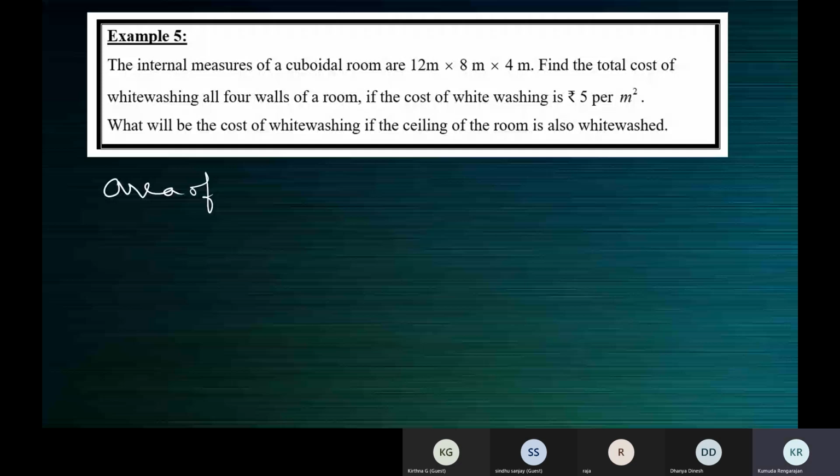There are 2 side faces and the front and back face. I'm just comparing a cuboid with a cuboidal room. What we call the 2 side faces of the cuboid and the front and back face are the 4 walls of the room. The top face is the ceiling, the bottom face is the floor. Now, children, when we say area of 4 walls, it is the